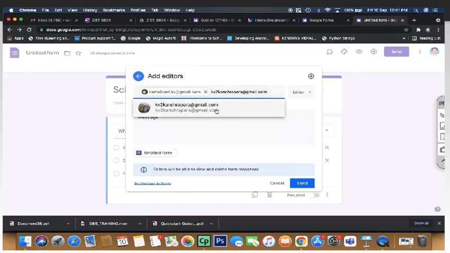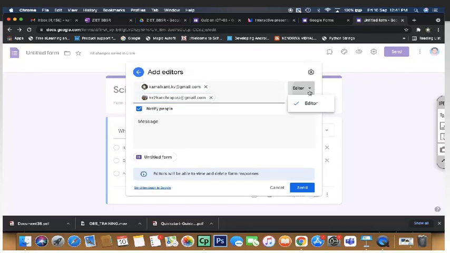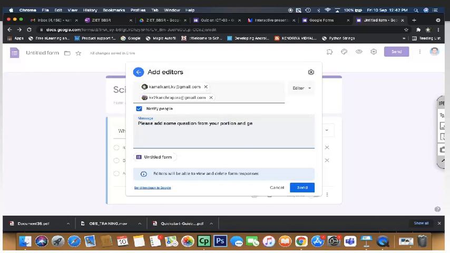I'm making them editor. Now you can see that there is an option called editor. So we are making them editor. By default every collaborator is an editor, and you can just put some message over here. Please add some questions from your part, from your portion,